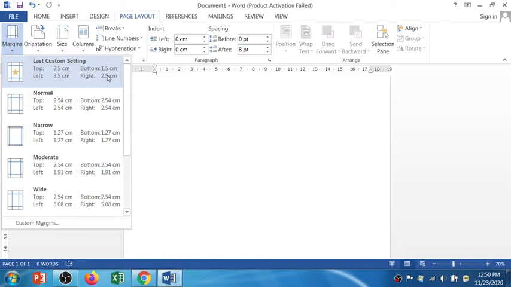The default options are top 2.5, bottom 1.5 centimeter, left 3.5 centimeter and right 2.5 centimeter. That is the custom setting I have used. You can create your own settings, and I'll show you how to create.